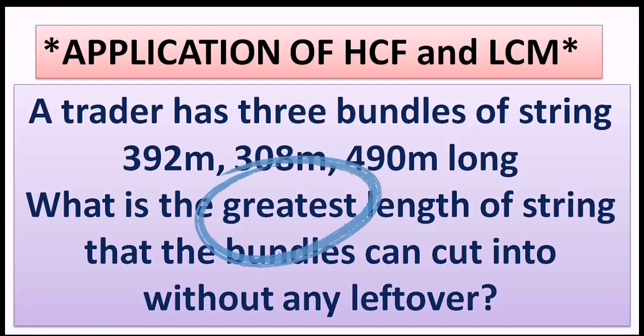Greatest length, I told you greatest, that is highest, and the number should be common for all. So greatest common number of length. So what do we get? GCD. Yes, of course. The question itself is giving us many hints. Greatest common length for all these three, that is greatest common number. Greatest common number means GCD, and tada, we got the clue, right?